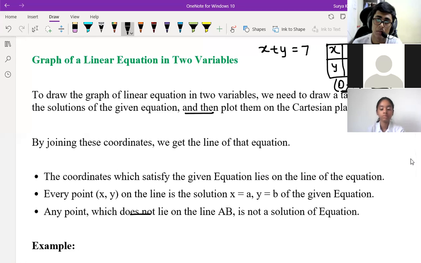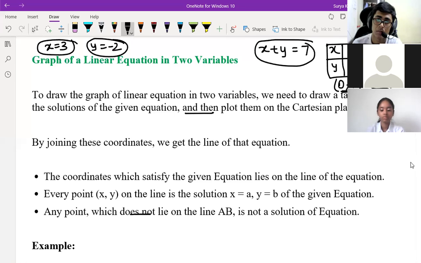Yes, sir, I'm asking that if x is equal to 0, then y is equal to 7 we are getting, sir. Directly can we take that y value and then draw a line parallel to the x-axis, sir? Here, you can't draw parallel to the x-axis. That is only when x is equal to 3 is given, or y is equal to -2 is given. In that case you can draw it. If you are drawing for x equal to a constant, it is parallel to the y-axis. If you are drawing for y equal to a constant, it is parallel to the x-axis. Don't merge that concept into this equation. Understood?